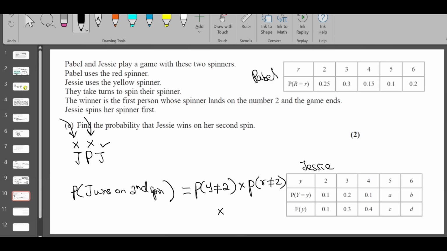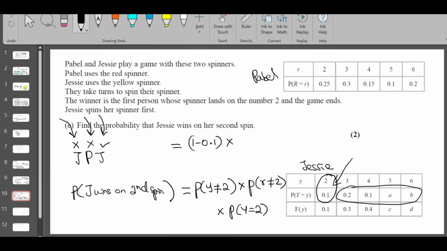Times, now Jessie won the game, right? So her spinner lands on number 2. So y is equal to 2. You need to find these probabilities. We know y is equal to 2 has probability 0.1. So y is not equal to 2 means you need to add all these probabilities or just put 1 minus this. 1 minus 0.1 times